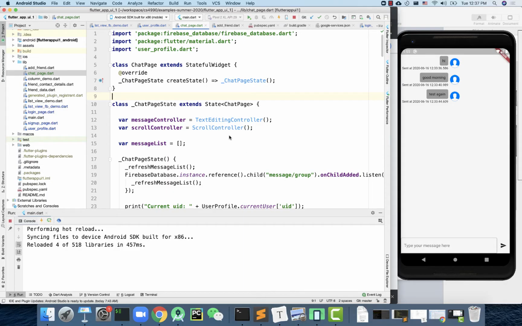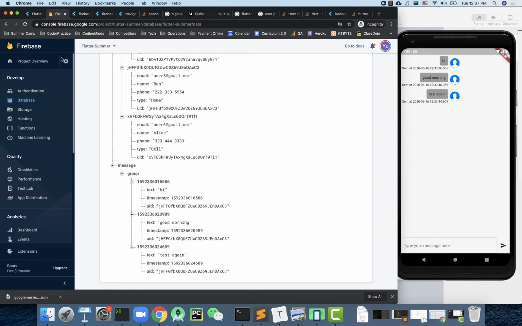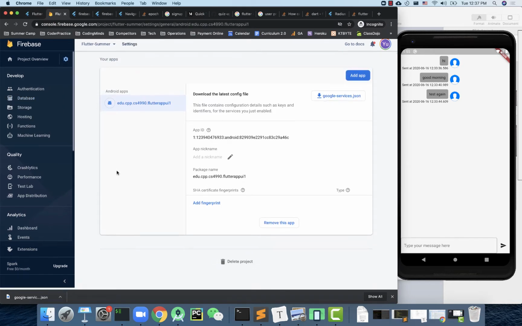All right, so in this lesson, let's try to run the same app in the iOS emulator. In order to run this in the iOS emulator, you do need to have a Mac computer first, but also you need to set up a lot of other dependencies, and you need to register in Firebase. Now, remember in the Firebase project, we did a project setting early on, and you actually need to register